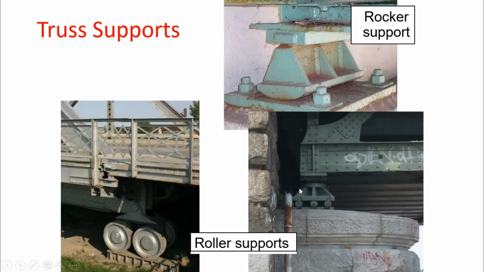Now these diagrams will help you in understanding the rolling and hinge support. I have taken these diagrams from the lower part of bridges. You can see here, this type is known as a rolling support, and it can move up to this area. This is the path it can go, and it will come back to its initial position. Here also is an example of a rolling support. This is actually the rocker support. It is used when to and fro motion is acting, just like a pendulum force, and then this support will help to protect the trusses.